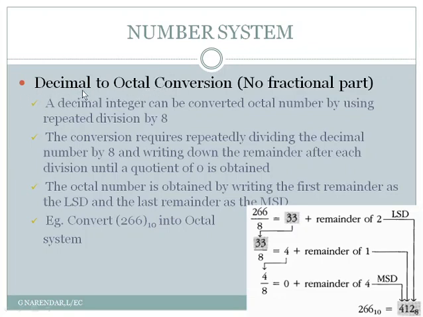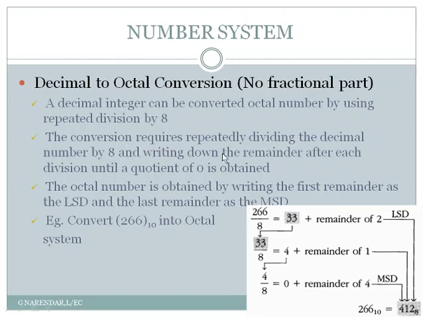When we converted a decimal number to binary, what we actually did was take our original decimal number and repeatedly divide it by 2. Why did we divide by 2? Because the binary number system's base is 2. But here we have to convert decimal to octal, and since octal has a base of 8, what we have to do is the repeated division, but not by 2, this time by 8. So the decimal number can be converted to an octal number by using repeated division by 8.